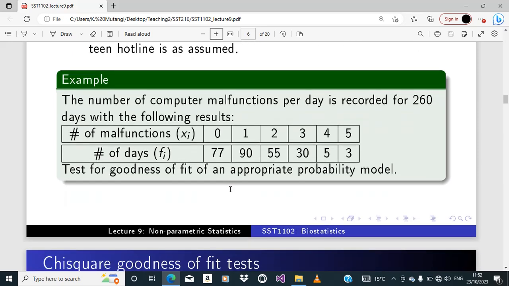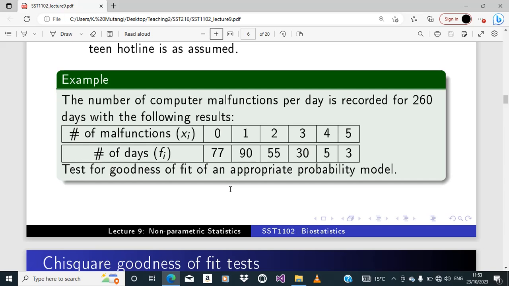These 2 examples did not include a situation where you have to estimate unknown parameters. The proportions or probabilities were already known. But you might find a situation where you have a given data set and you're supposed to fit a probability distribution function with an unknown parameter. So in this example,